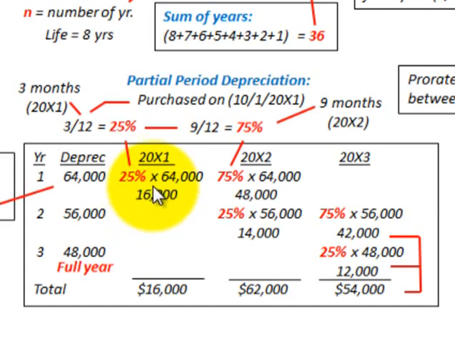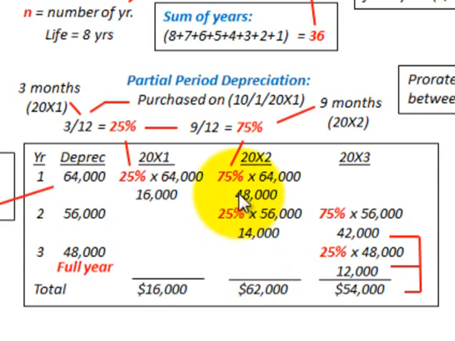You take 20x1, we were charged $16,000, so our total amount for 20x1 would be $16,000. For 20x2, you're going to get this $48,000 amount plus your $14,000, which gives your total amount of $62,000. For 20x3, you start out with your $42,000 plus your $12,000, which gives you $54,000. So you can see